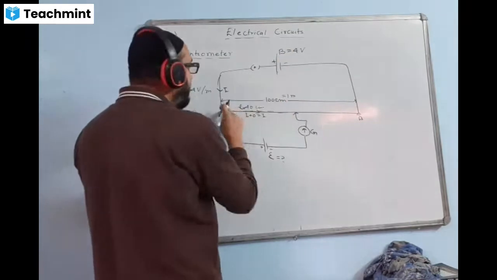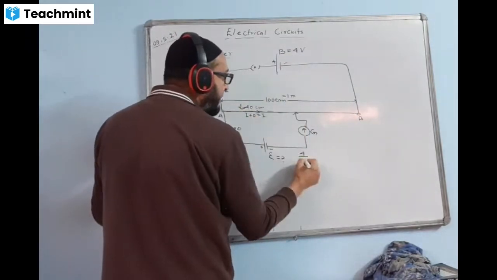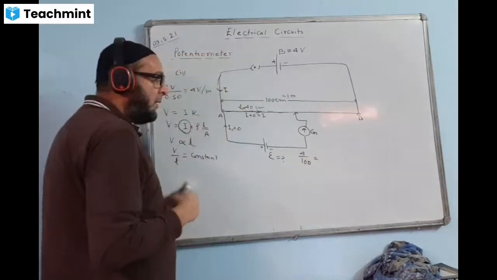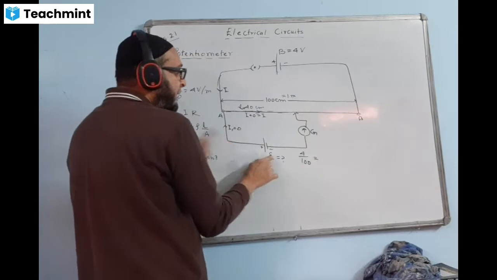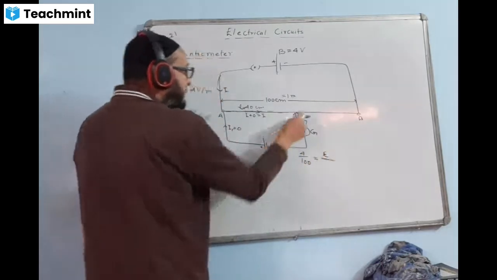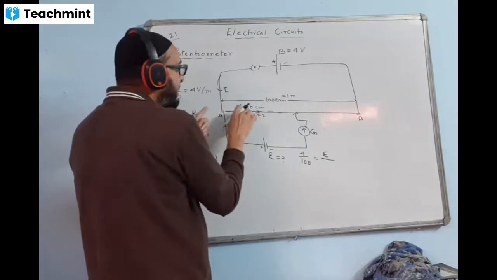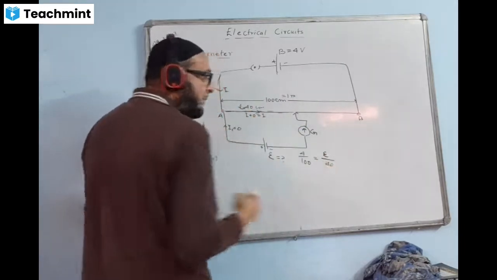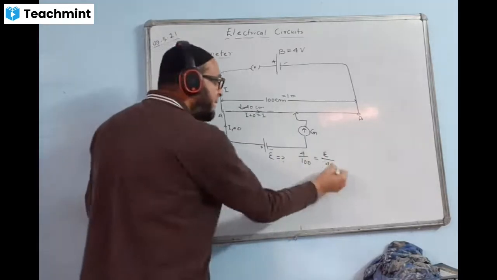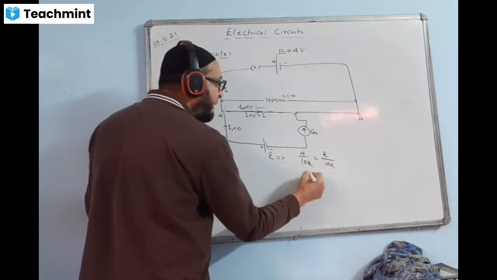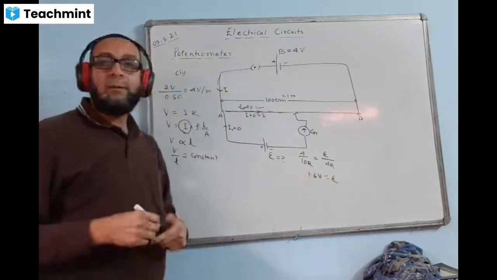We take the potential gradient of the whole wire, that is 4 upon 100 centimeters. Centimeter wise, we write 4 upon 100. This side we write the voltage across this part. Voltage of this length is E, so I write E divided by the length, across this length of the wire, 40 centimeters. I am putting in the same unit. Let us cancel and get the answer. 16 by 10, the answer is 1.6 volt. Then you can say that the EMF of this cell is 1.6 volt.